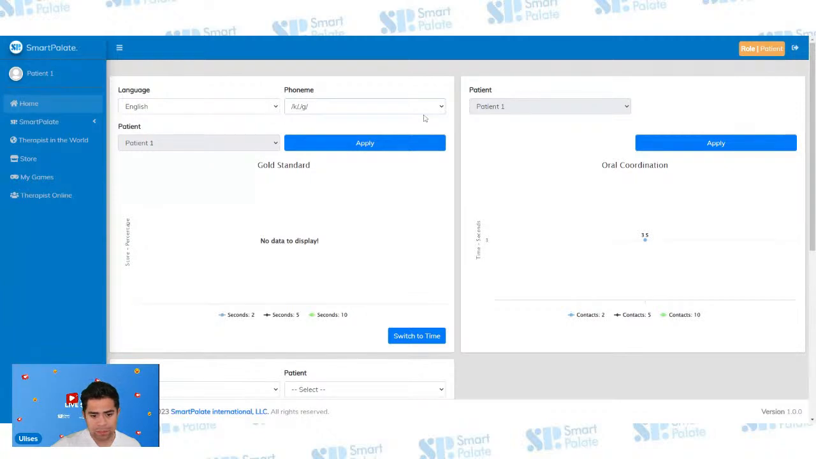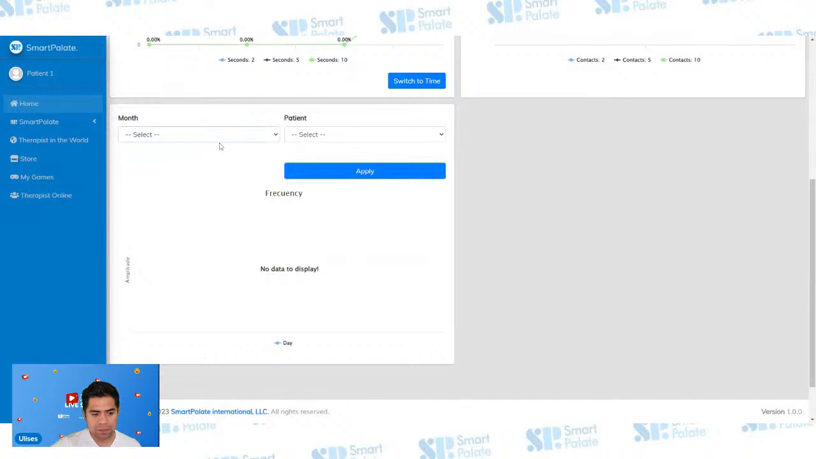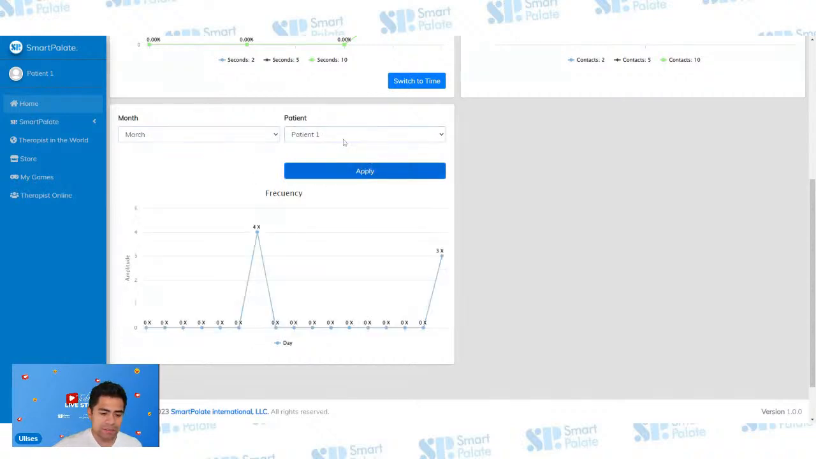If I go to the art sound and then apply, I can see this. Okay, the same that the therapist is able to see. The same here, the oral coordination, and here we can see the months that this person is using the SmartPalate. So this is something that I will show you in the other profile as well. But let's go to March, and we'll go to patient number 1. This is how many times this patient has been using the SmartPalate